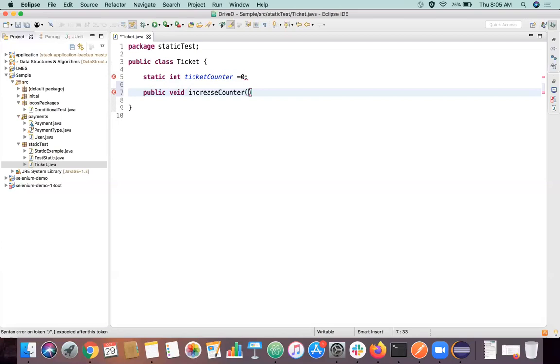We'll get some argument here in this method. Let's say int value is an argument. Just declaring this method as static. What I'm going to do, I'm just going to increase this ticket counter value by whatever value we are getting here in this argument.